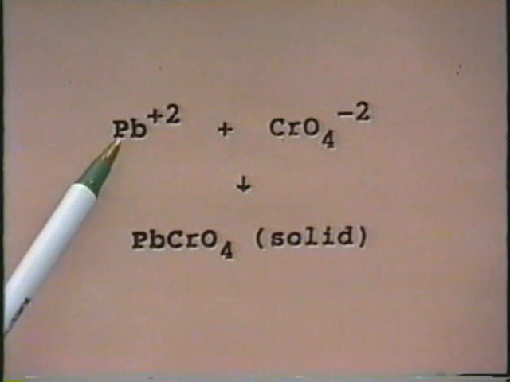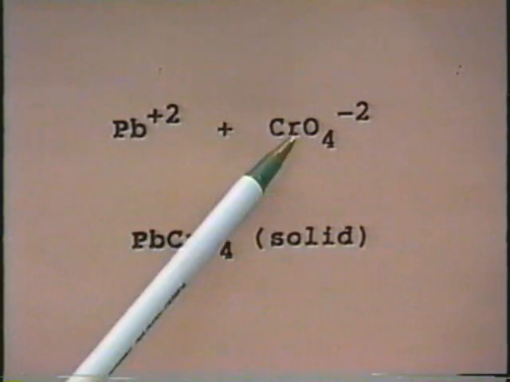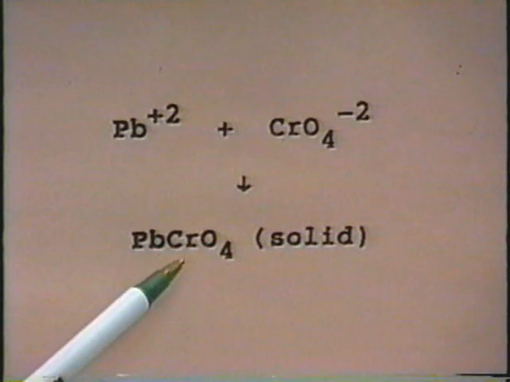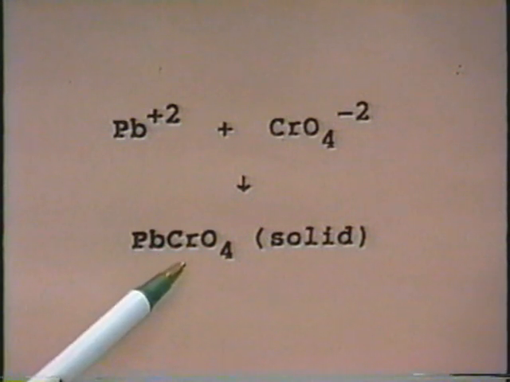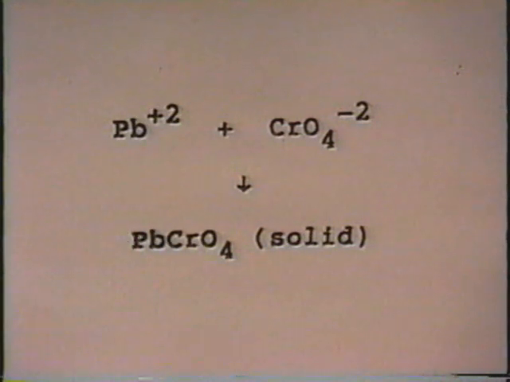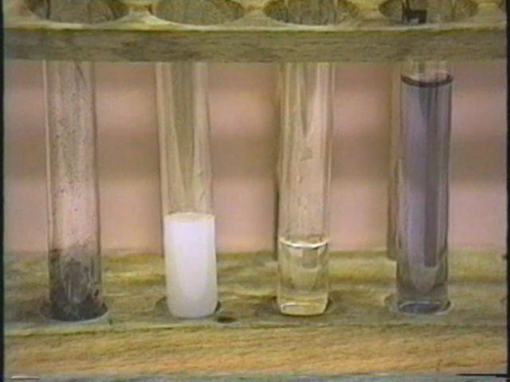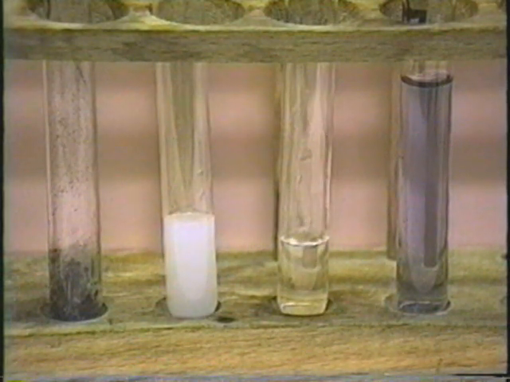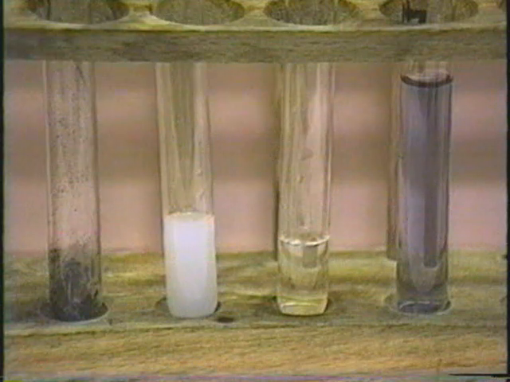The confirmation test for lead involves adding chromate ion to a slightly acidic solution. The precipitation of the yellow solid lead chromate confirms the presence of lead. Let's see what happens in our unknown. Again, in close-up, we'll add a drop of acetic acid, then we'll add some potassium chromate,